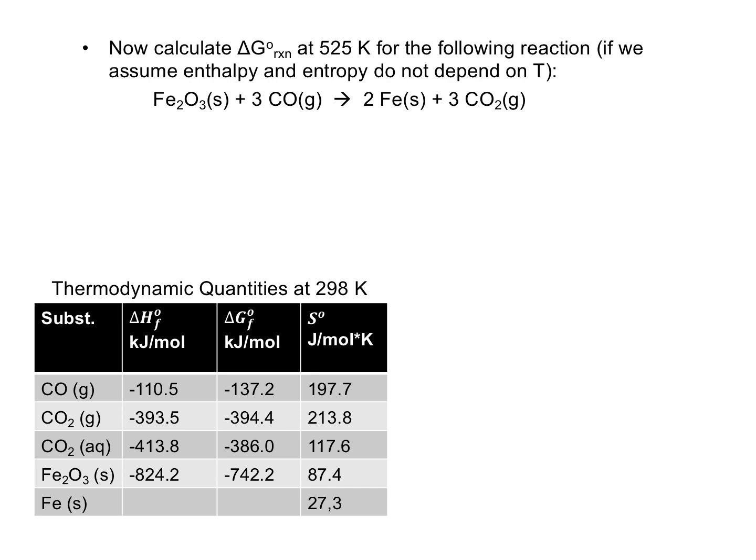All right, so now we want to calculate the free energy change of the reaction, but at 525 Kelvin. And because delta G depends so strongly on temperature, I can't use the values tabulated for 298. But one assumption that we often make is that enthalpy, delta H, and entropy, delta S, do not depend on temperature. So what I can do in this case is use these tabulated values to calculate delta H